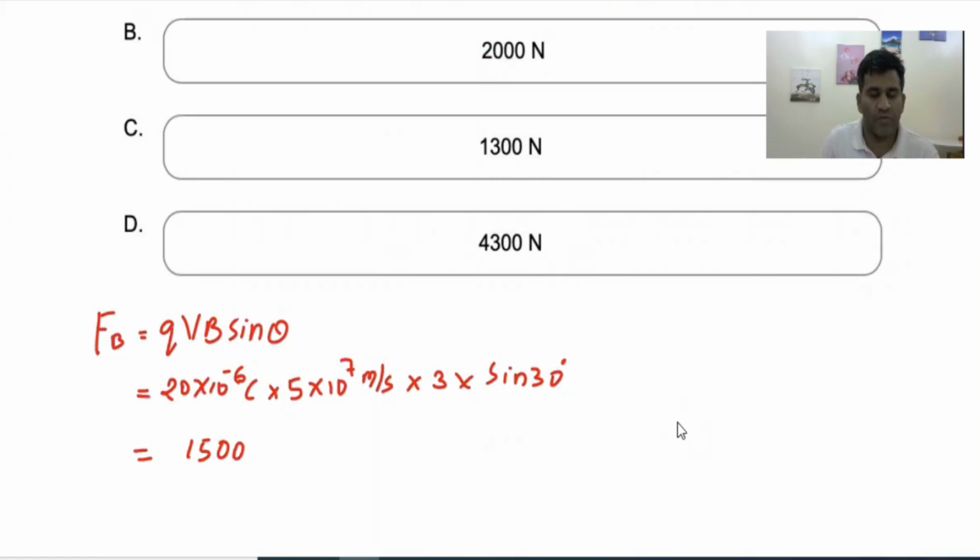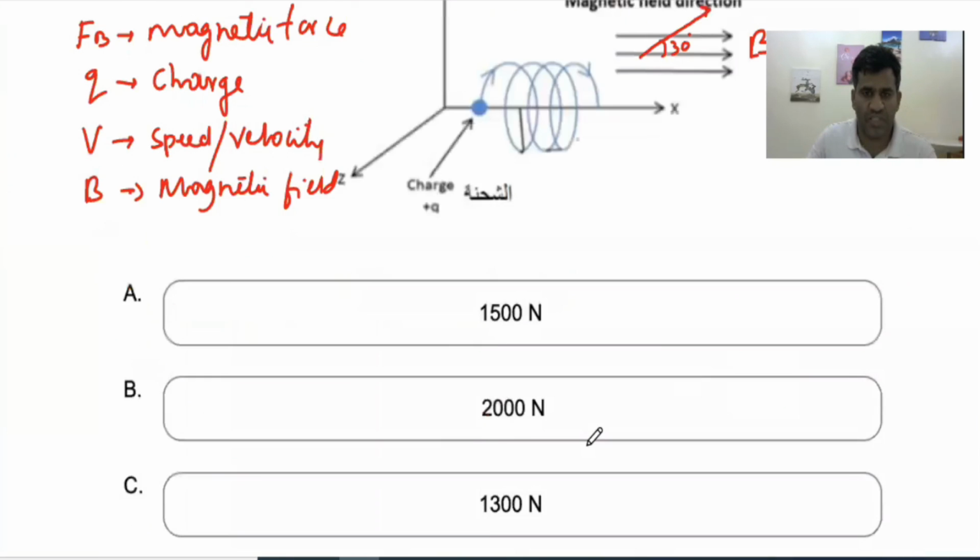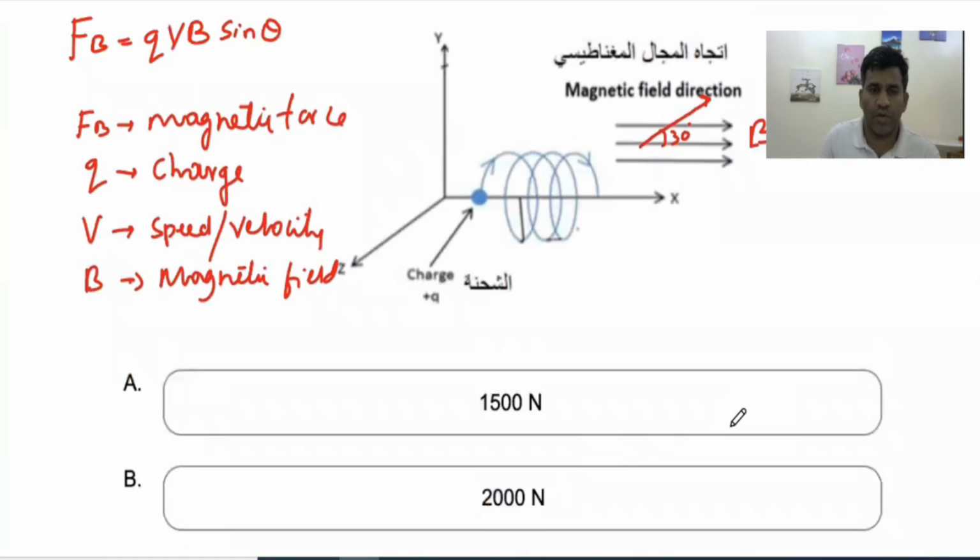1500 will be the value. So 1500 Newton, because the unit of that force is going to be Newton. So this is the answer to the question they are asking us. So I should go here with option A. Just substitute their values and check it out. You'll be getting this value as the answer. So the force exerted on the charge is going to be 1500 Newton, and that is option